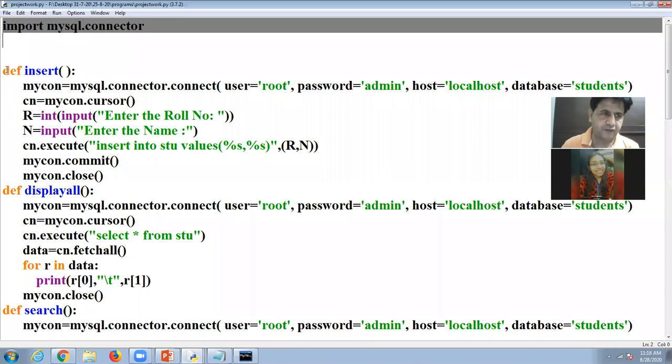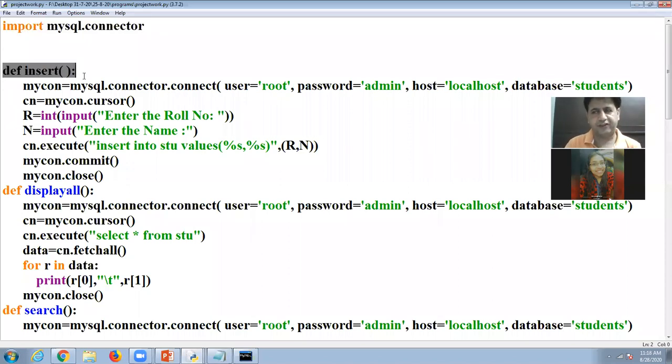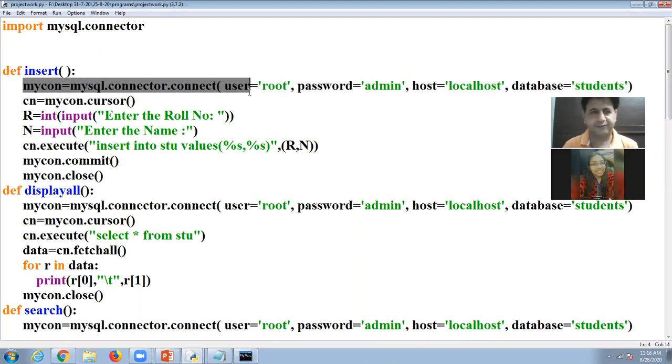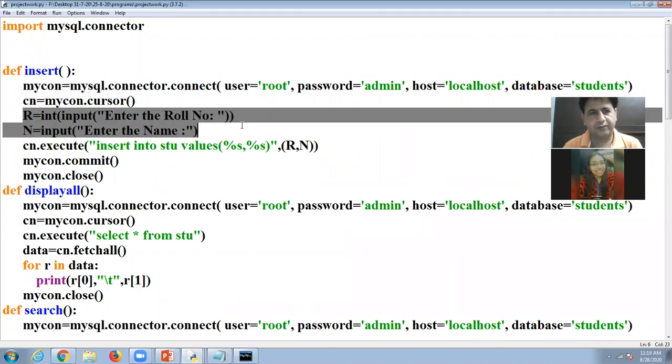Then I define a function insert. I establish the connection with the database. Then I use the cursor to establish a session. Then I enter R for roll number and N for name.